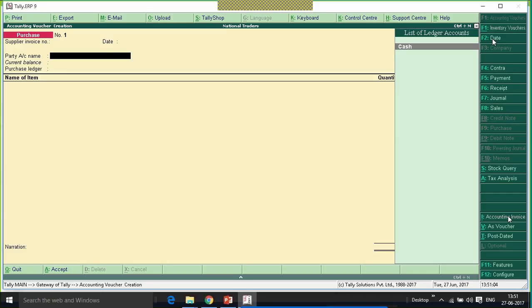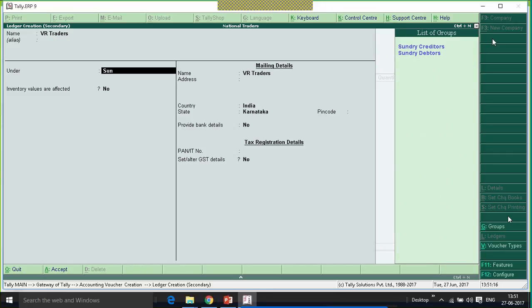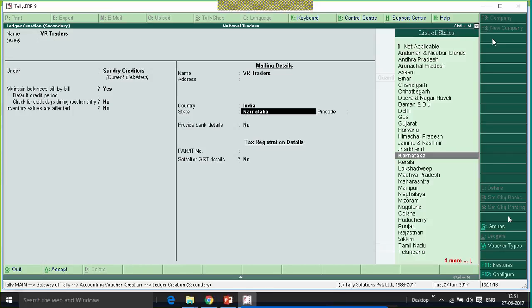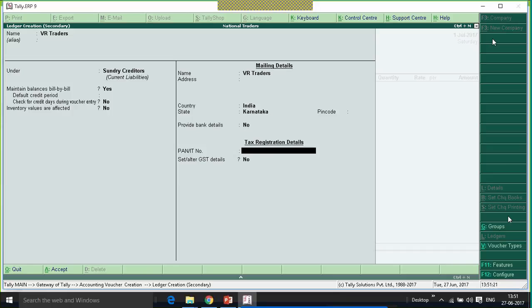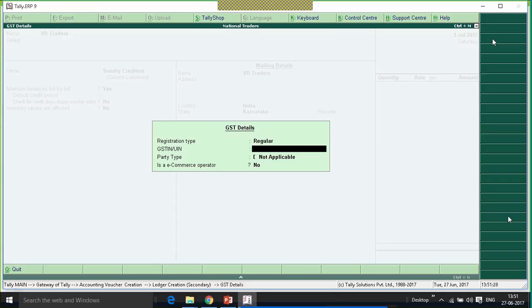Since it is a new company, I have to create my party ledger. So I'll press Alt+C. I'll create a party ledger by name VR Trader under Sundry Creditor, and he will be a local dealer from Karnataka and a regular dealer. So a regular dealer will have a GSTIN number.